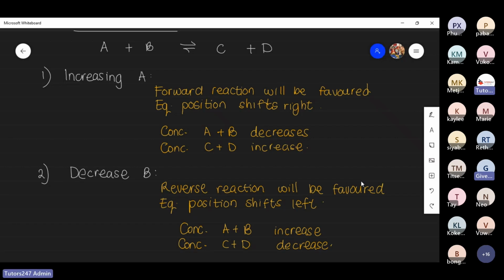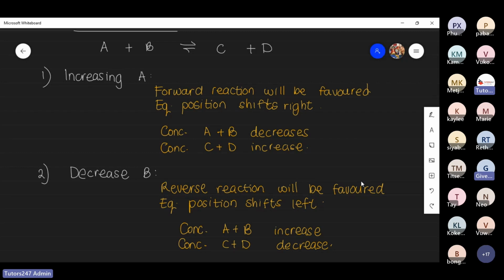Okay. Now, let us have a look at what would our system do if we try to decrease D, the amount of substance that we have in D, if we were to try to decrease that. Now, just as in B, when we try to decrease B, our system reacted in such a way as to try to make more of B to counteract the decrease in B. Now, it's going to be the exact same situation in D. If we decrease our substance D, our system will now try to produce more D in order to balance it